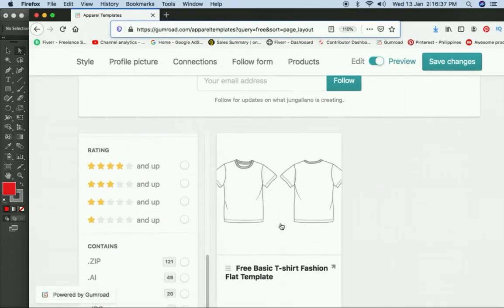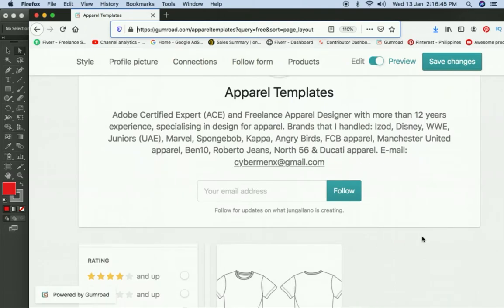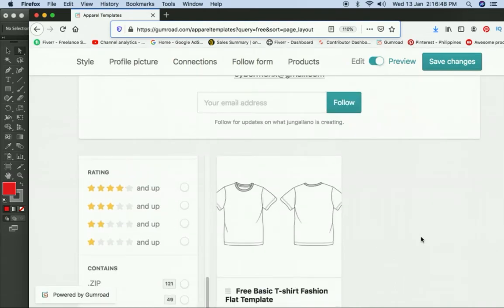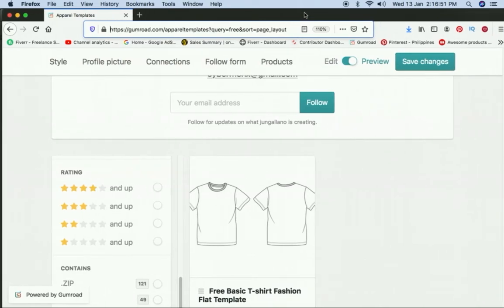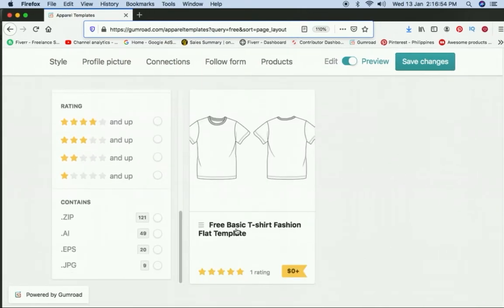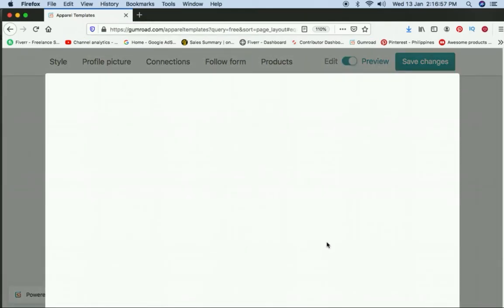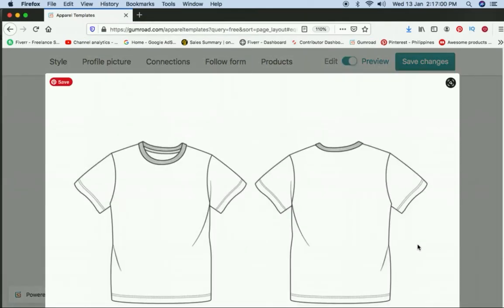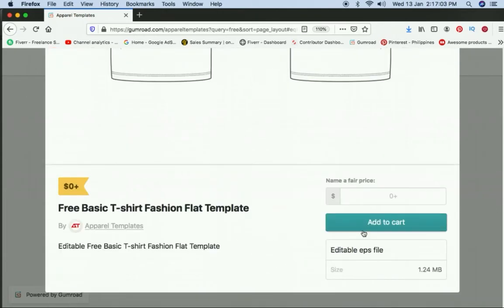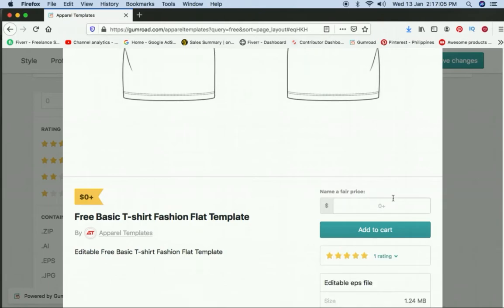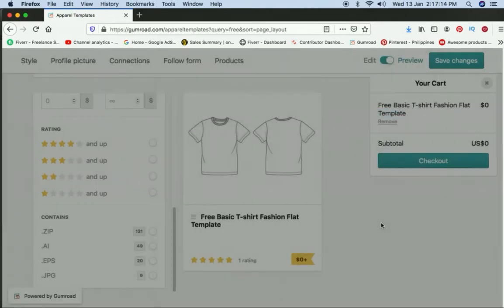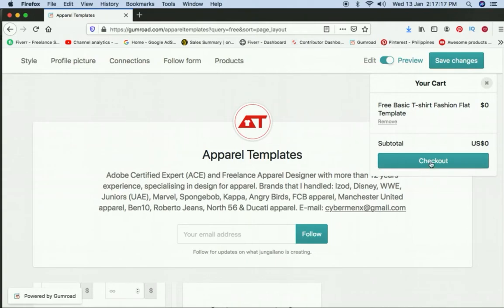Okay, now guys, in this video I will show you how you can get the free template. So once you click the link, you will see this website. Just click on the free basic t-shirt description and scroll down and click on the name your fair price. Just put 0, then click add to cart, then click checkout,